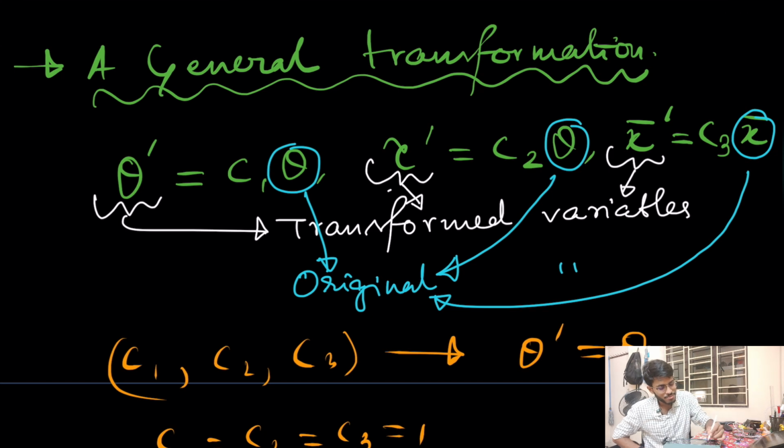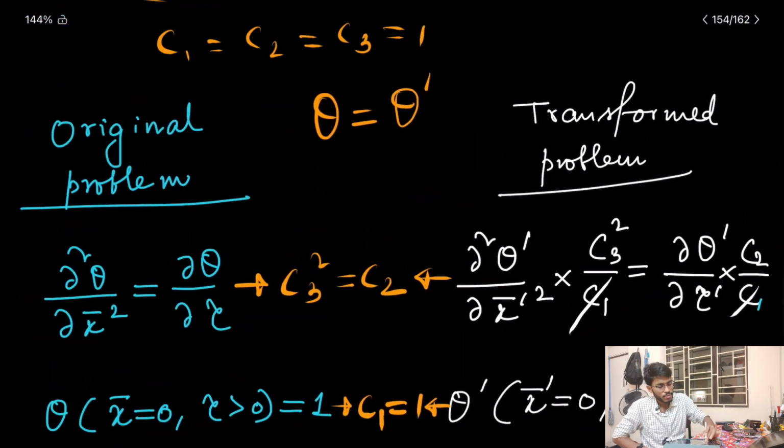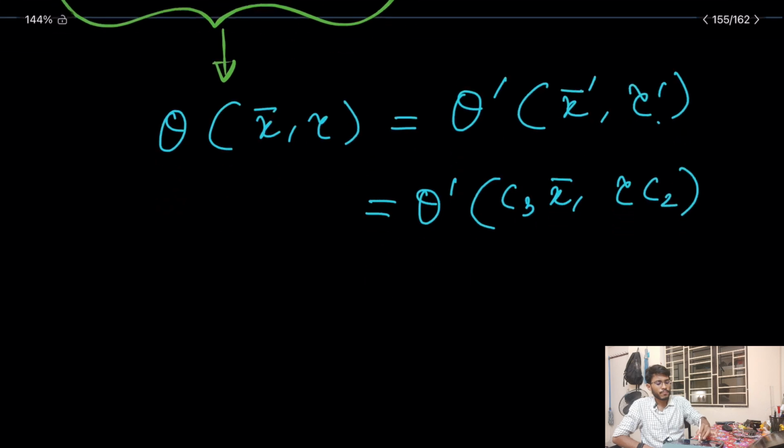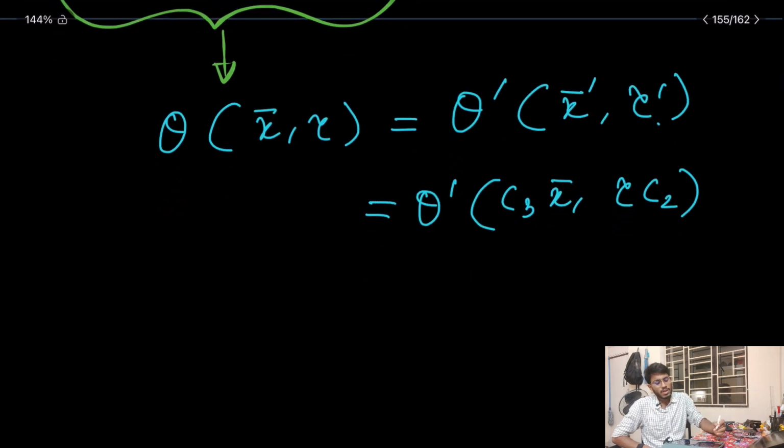Okay, so here I have made a silly mistake, but I think the concept is clear. This should be C2 into tau, okay, not theta. So that means,